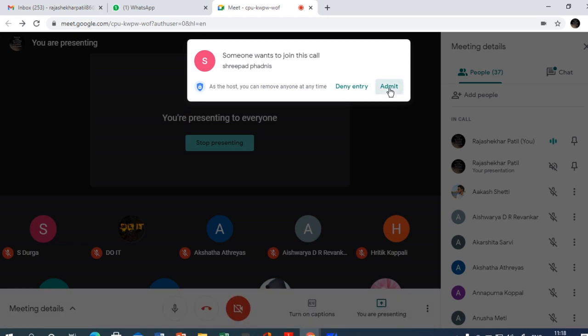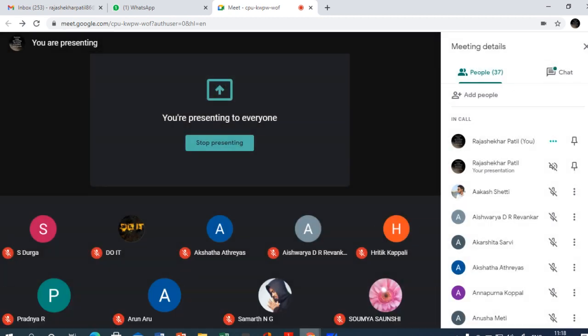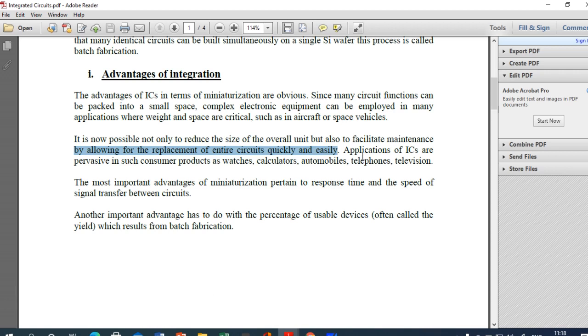Now the next is the applications of IC, which are pervasive in consumer products such as watches. Here the ICs can be utilized to build consumer products like watches, calculators, and automobiles like cars. So you can implement these ICs in cars also, like sensors, then telephones like your mobile phones, television like in